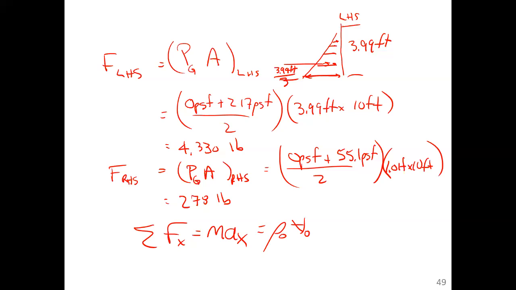The density of the oil, we calculated the specific weight, just divide that by acceleration due to gravity, and then a_x. I will leave that up to you since I'm out of time, but what you get is 4,